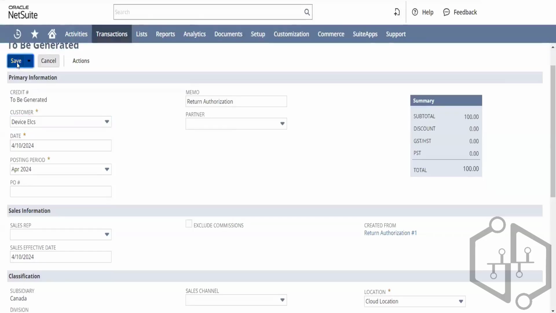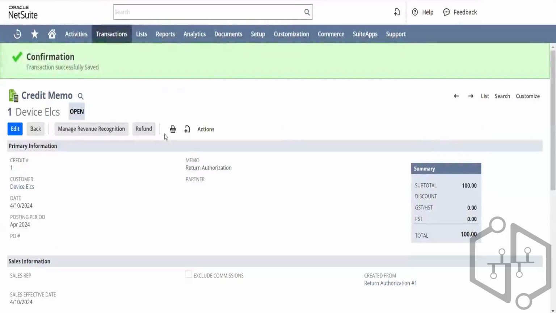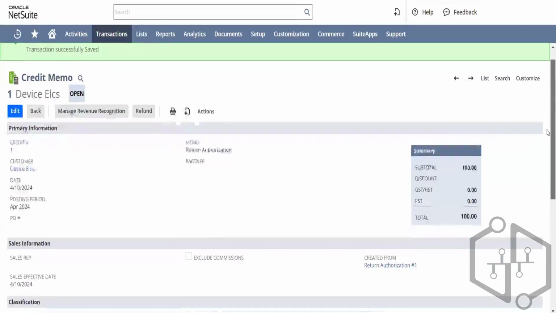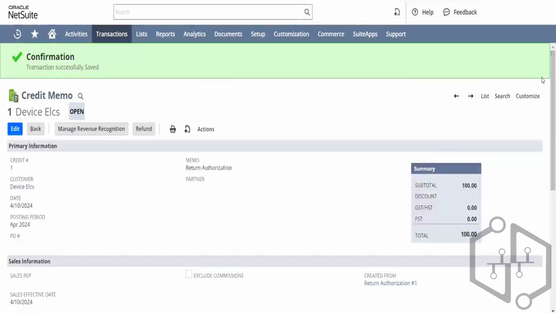So let's save it. Okay. As of now, it is just a credit memo against this customer that you have created, and that is for device ELCS. Okay. So if you click on refund,